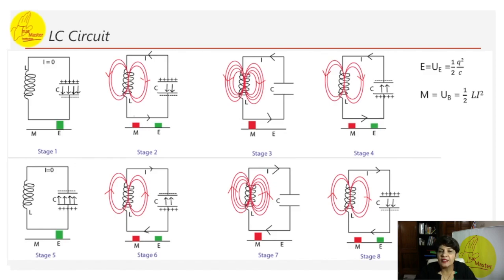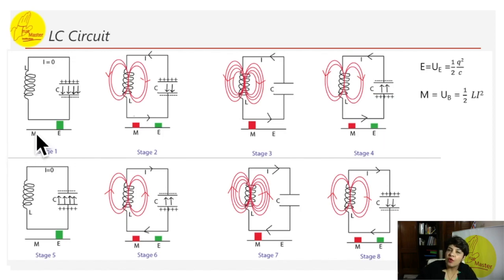The LC circuit has a capacitor and an inductor attached with a battery. Initially, this circuit is attached with a battery. So what all do we have in the circuit? We have a battery, an inductor and a capacitor. Once the capacitor is full, the capacitor has been charged, we remove the battery. The charge will oscillate between the capacitor and the inductor without the battery. So this is stage 1.